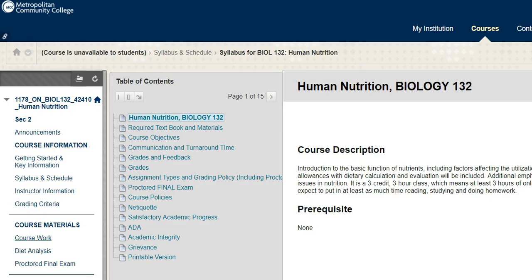Once you have read all the Getting Started documents and the syllabus, be sure to take the syllabus quiz included in the Introduction Activities folder in Coursework. While it is not for credit, it is required.